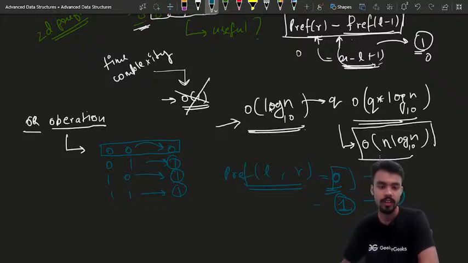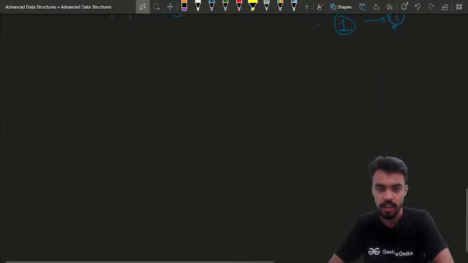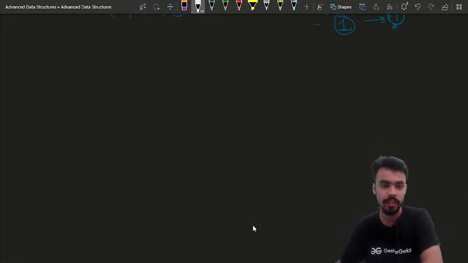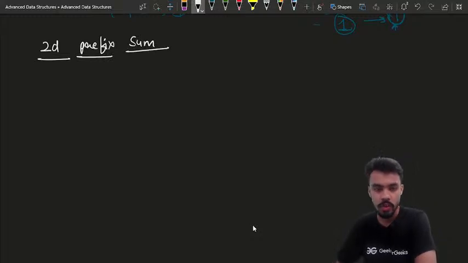So now we are done with these two special cases. Now let us start with the topic that we have to cover today, that is 2D prefix sum. Okay, so for this 2D prefix sum,